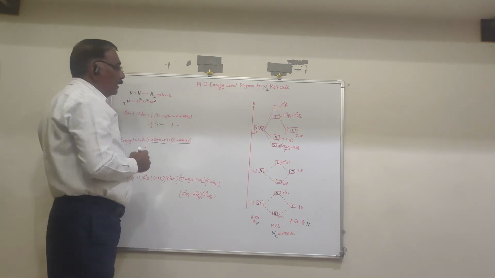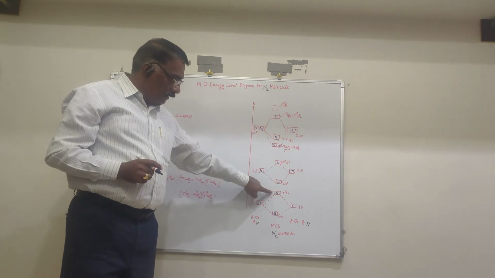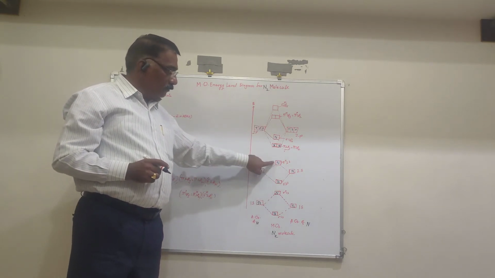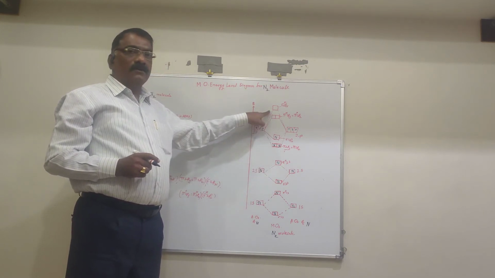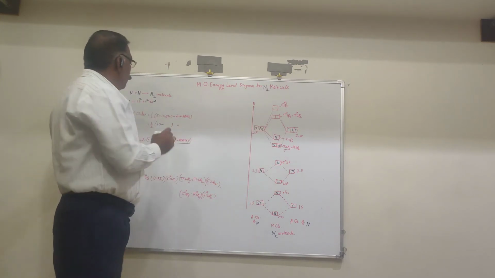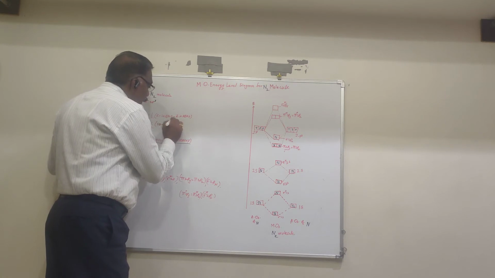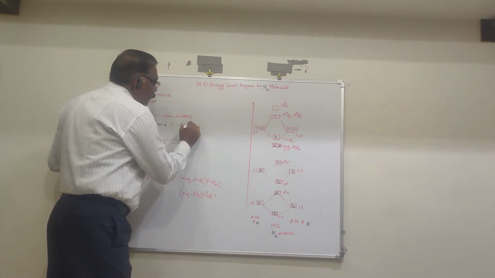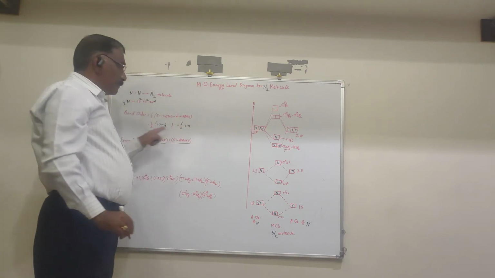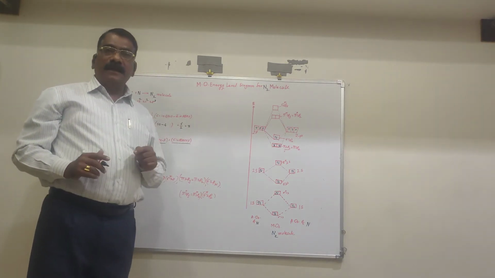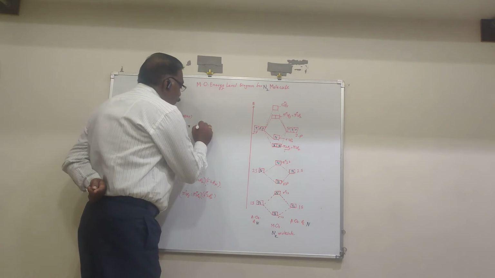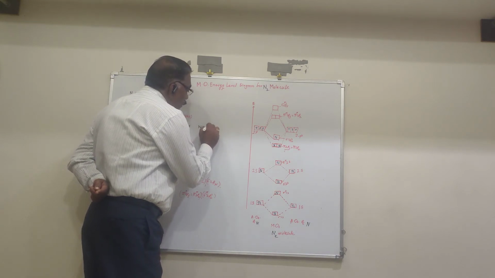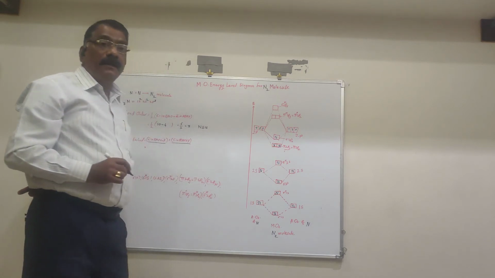Now minus ABMO. Here it is an ABMO, and these are also ABMOs. So here 2 electrons plus 2 electrons, and here there are no electrons. So total there are 4 electrons. And 6 by 2 is equal to 3. This bond order is 3. This indicates that there is a nitrogen triple bond in the N2 molecule.